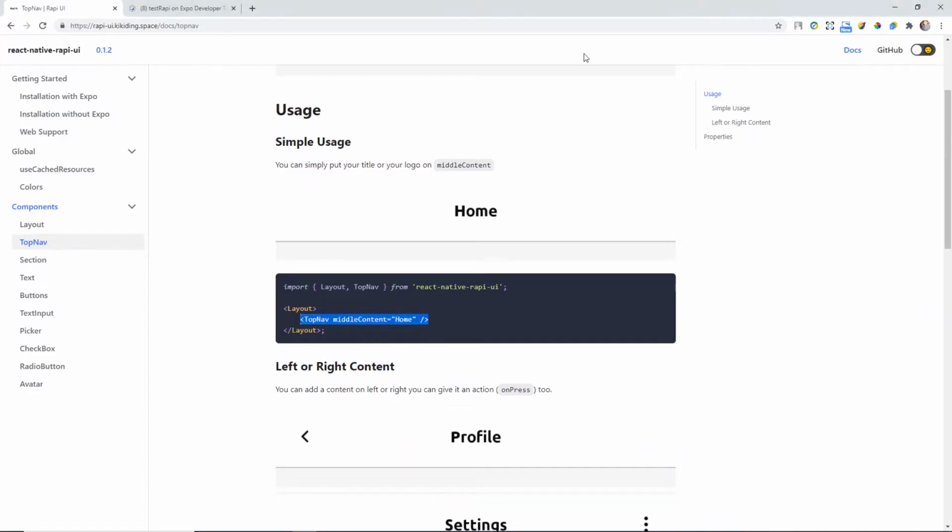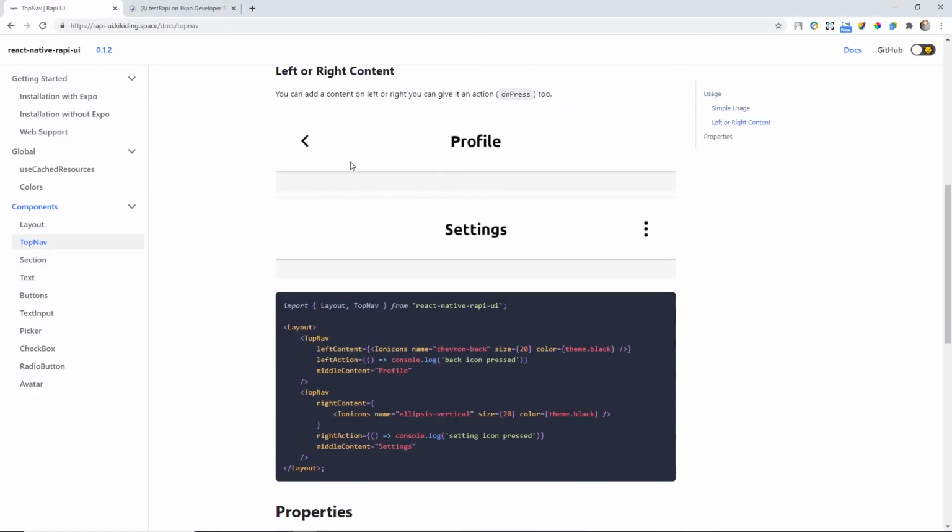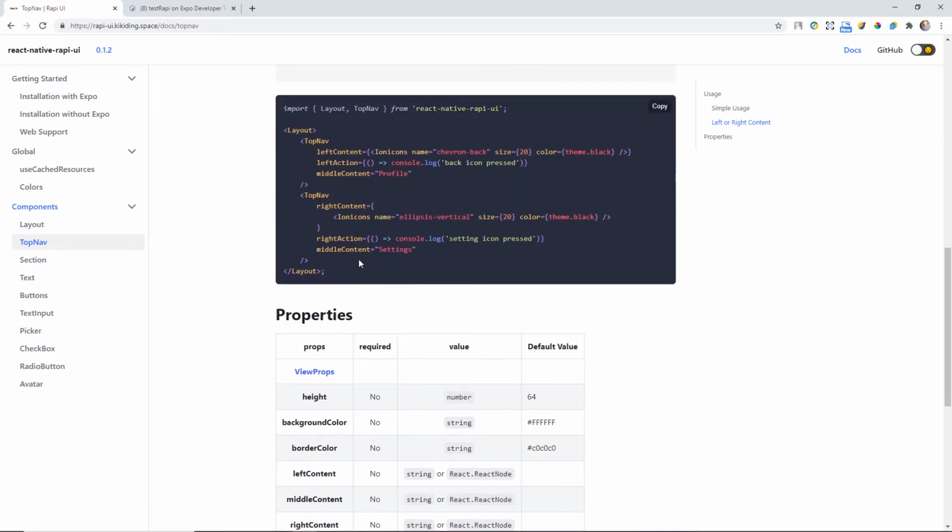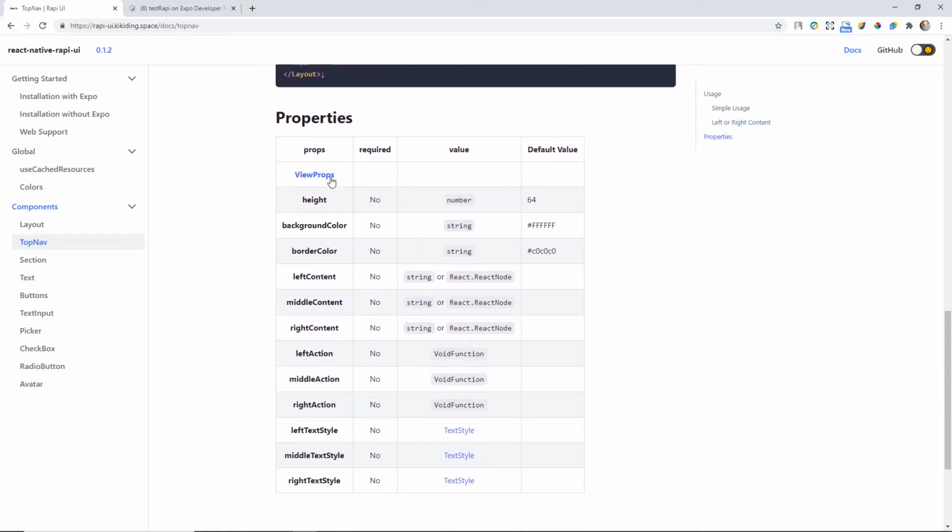The top navigation component has props you can use to have an icon or image, middle content, left content or right content, and it can be pressed if you pass the right action, left action, or middle action.